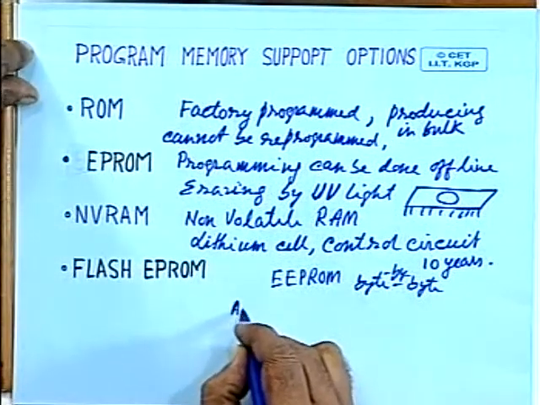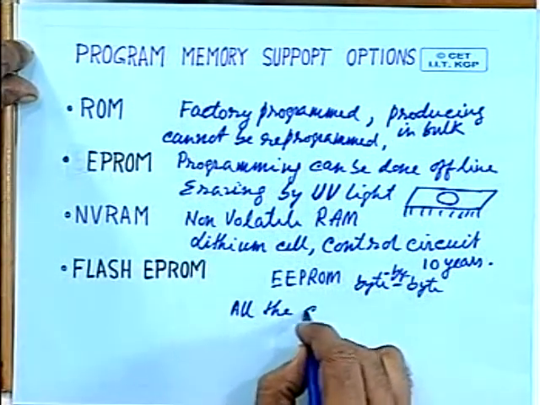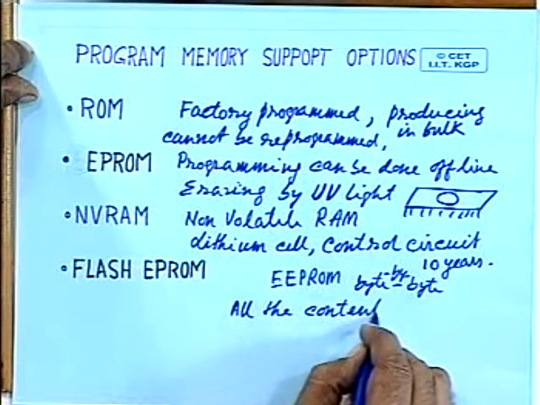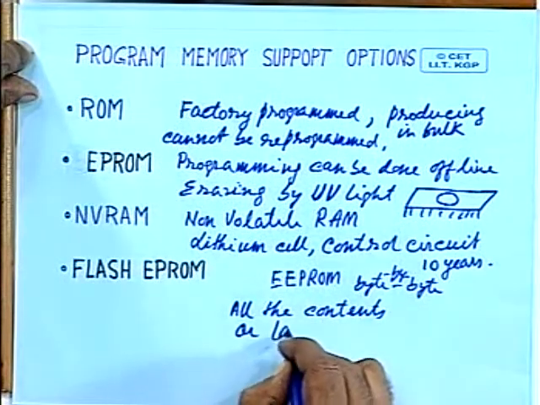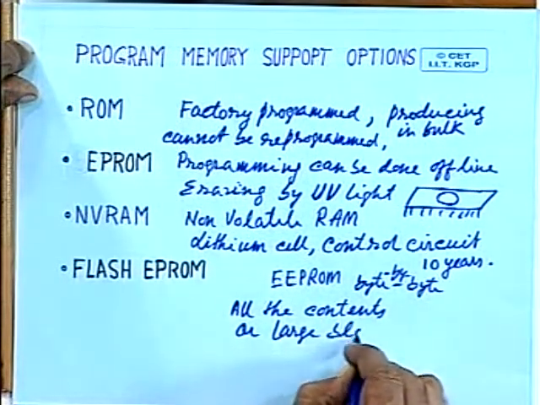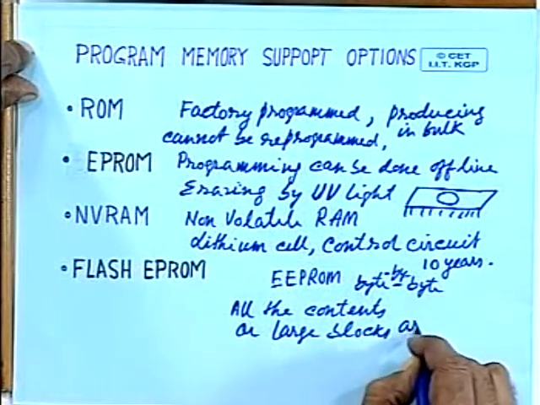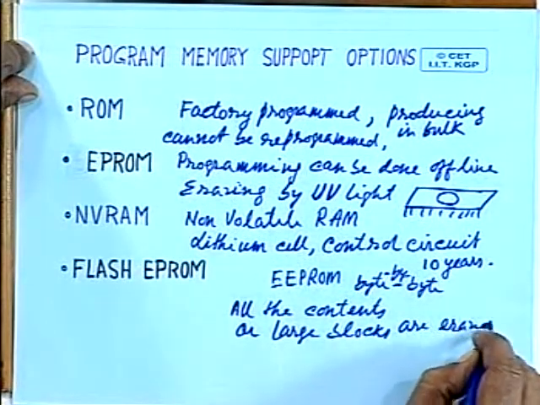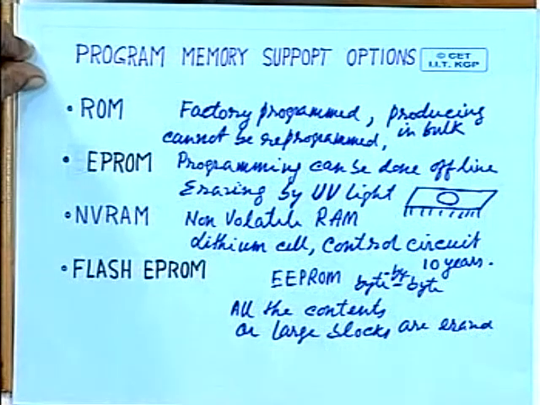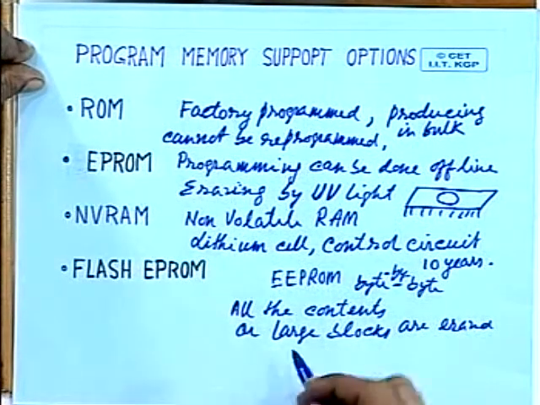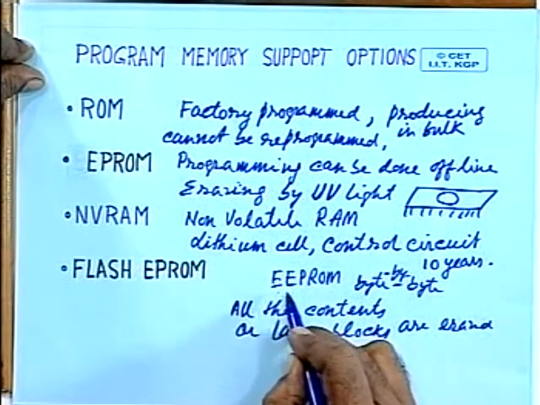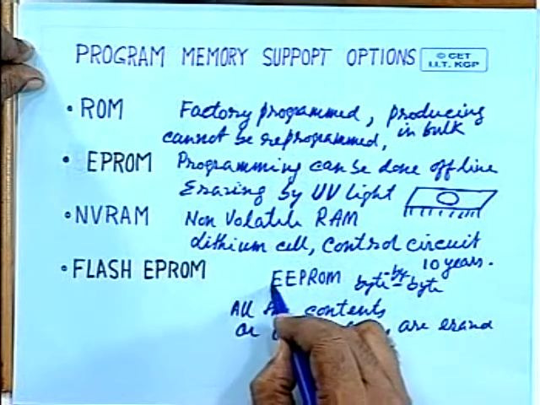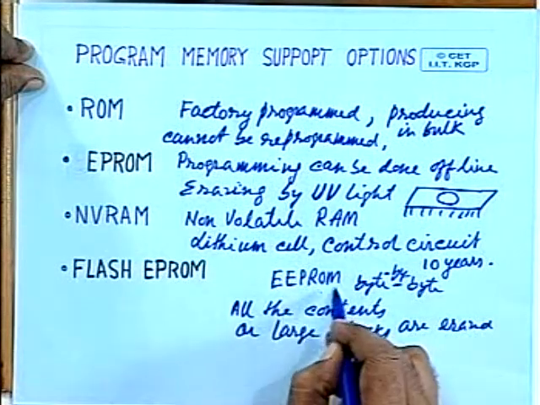Usually, all the contents or large blocks are erased in a flash in one go. That is the difference between electrically erasable and programmable ROM. And as we know, electrically erasable and programmable ROM are not very popular because they are costly, unreliable and